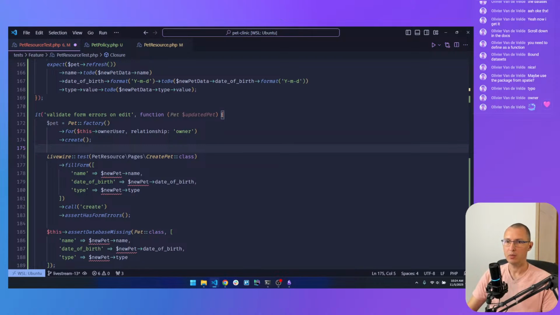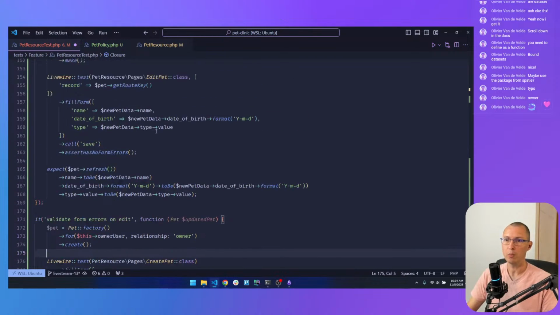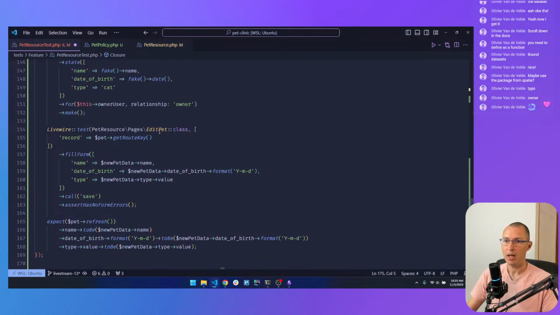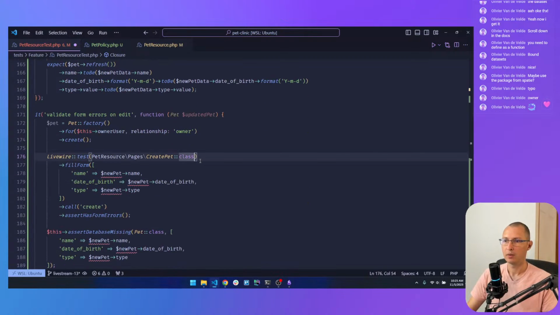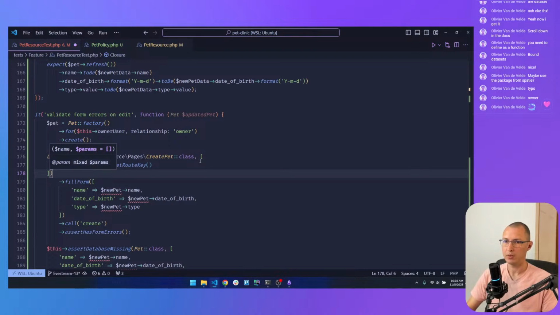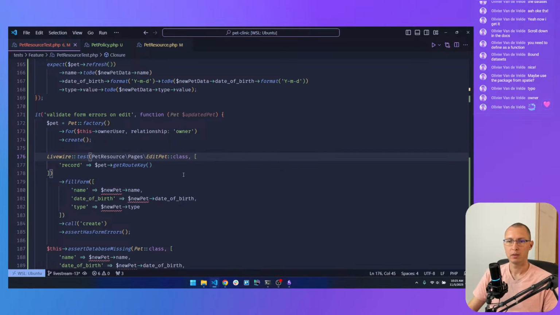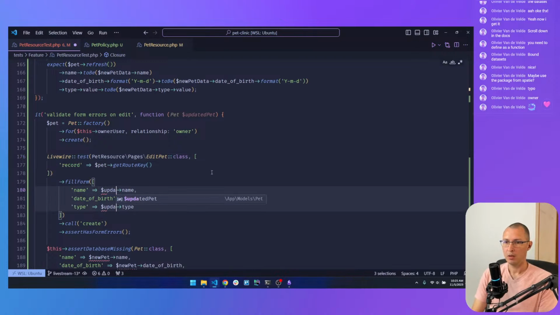So we need a pet first, and we also need to pass that pet as the record for the form. Like so. And this is not for the create pet, this is for the edit pet. And this is updated pet.